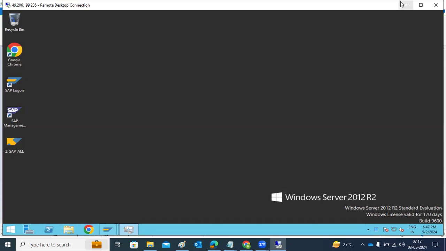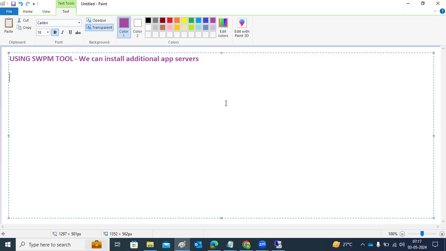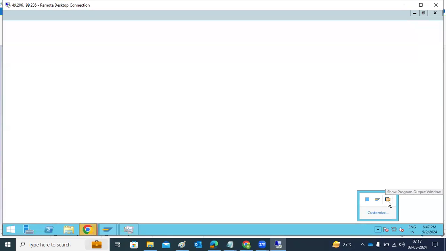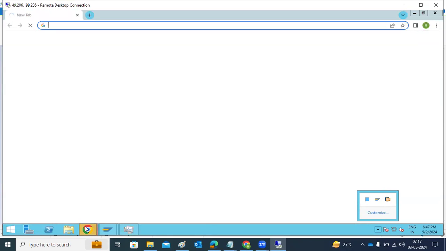Why? Because for any SAP system, either S/4HANA or ECC or any NetWeaver system, the common thing is the SWPM tool. Using this tool, we can do the installations as well, right? We can also install additional application servers here. How to do it? Once we launch this,